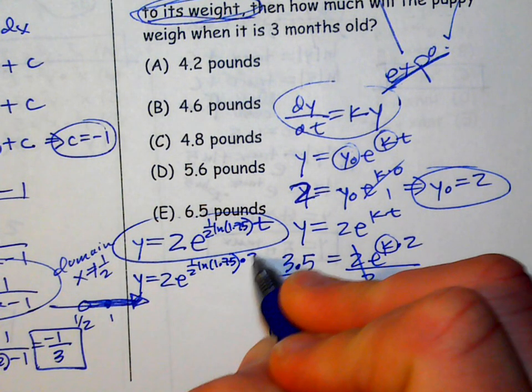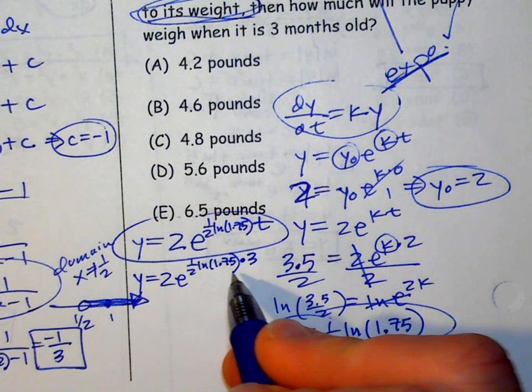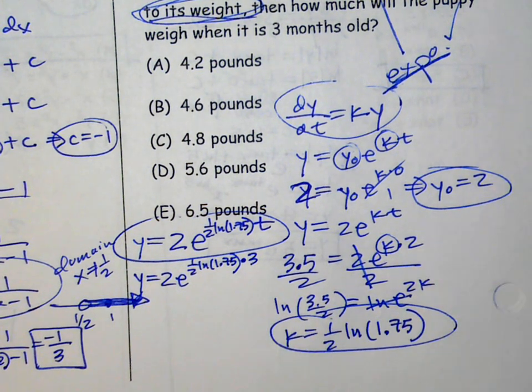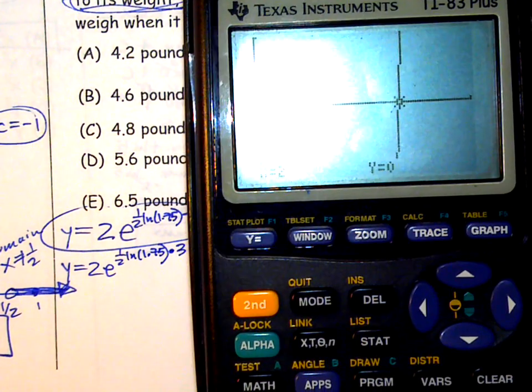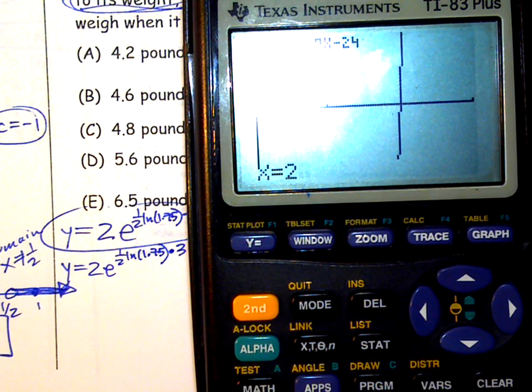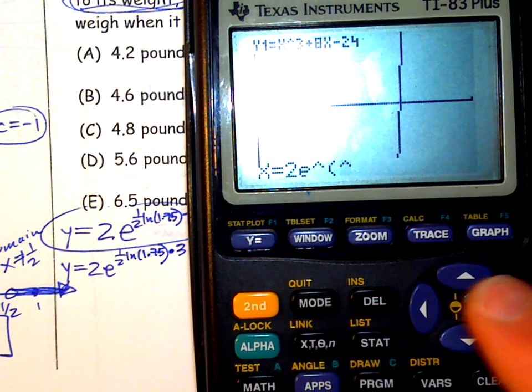For time. And that's the answer. But obviously our answers are in decimal. So this is where your calculator comes in handy. It doesn't even need to be a graphing calculator. 2 times e to the, now